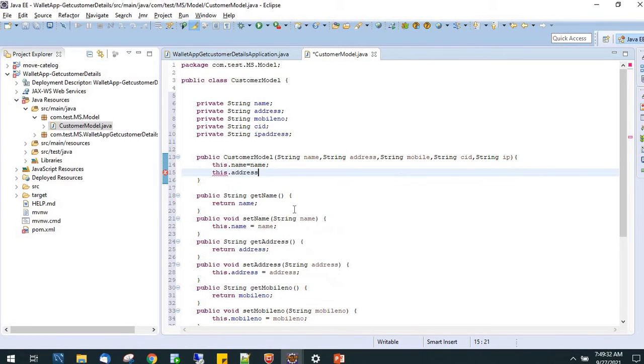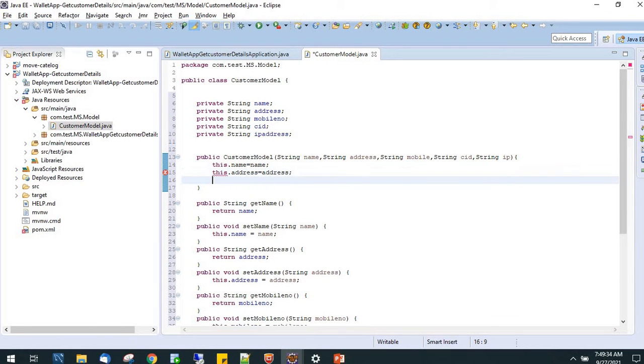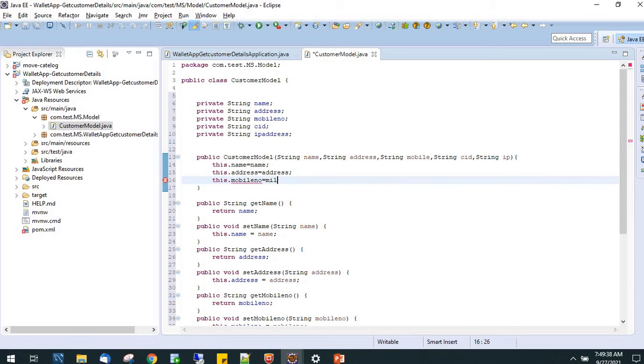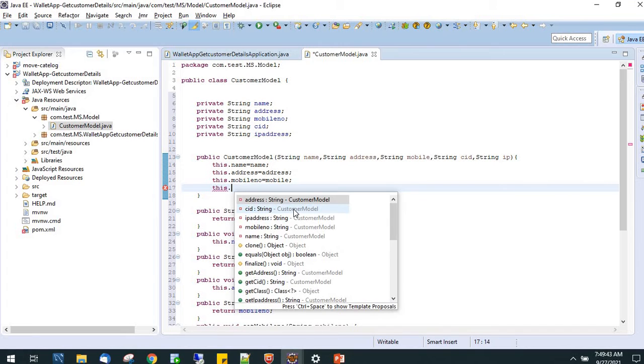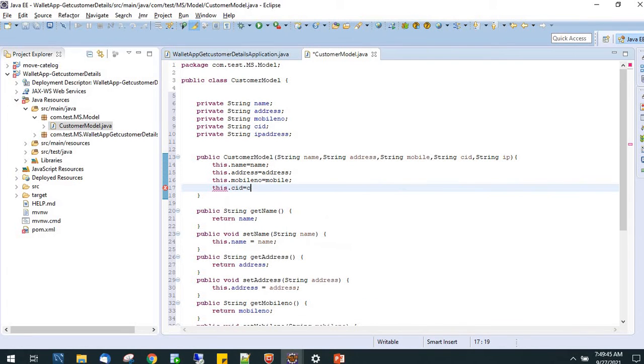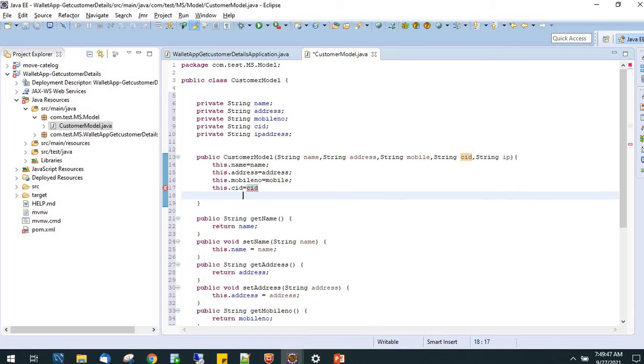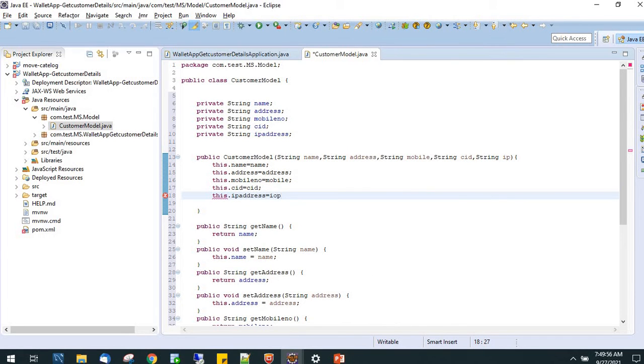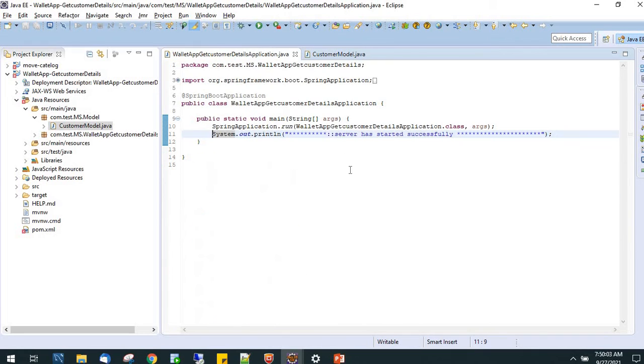This dot address equal to address, this dot mobile equal to mobile, this dot CID equal to CID, this dot IP address equal to IP. Correct? Okay. So now we have the customer object.